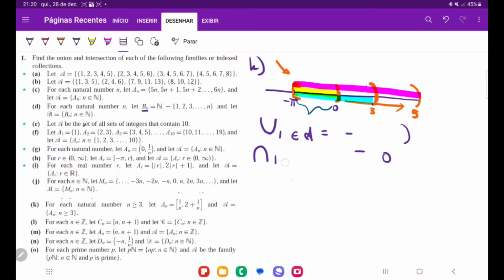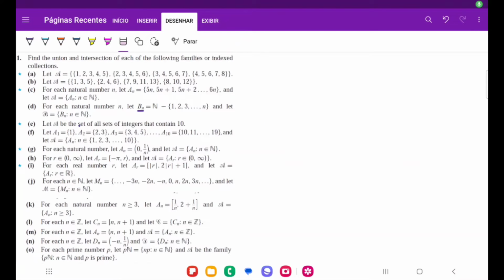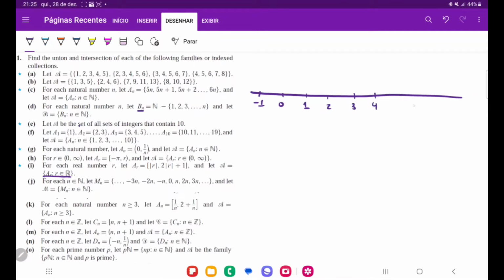So for item I, each A_r, each member of the family, is going to begin at the absolute value of r and end at 2 times the absolute value of r plus 1, where the family includes each A_r for r belonging to the reals. So let's put this on a number line, and I'm going to do here -1, 0, 1, 2, 3, 4,